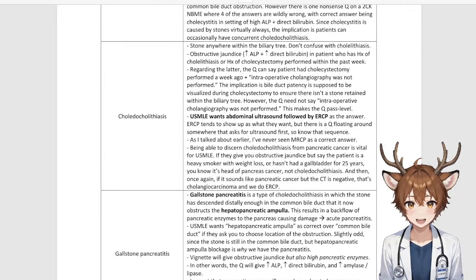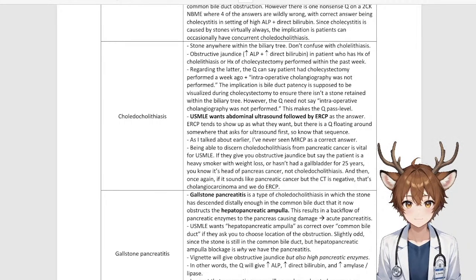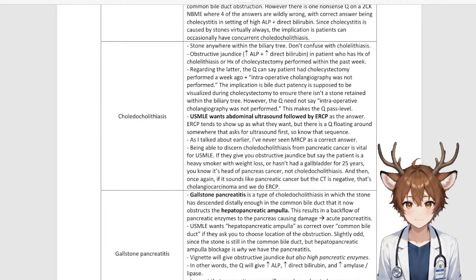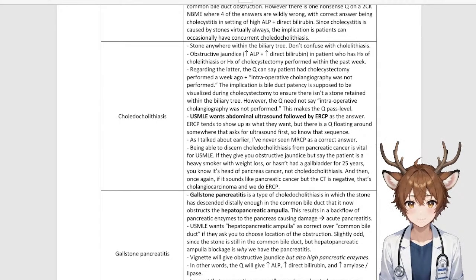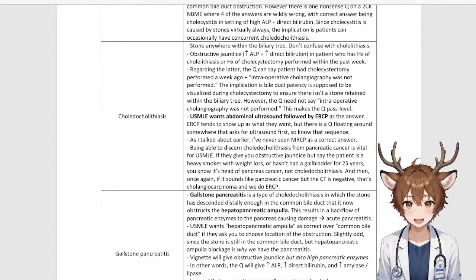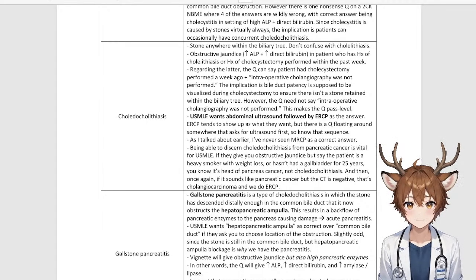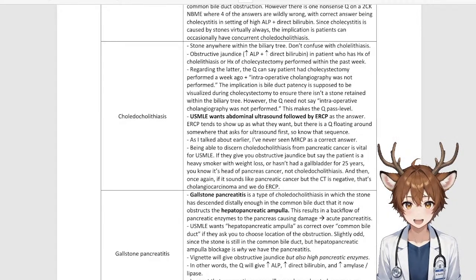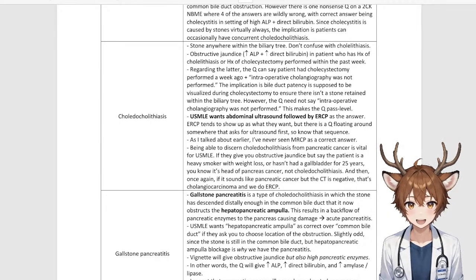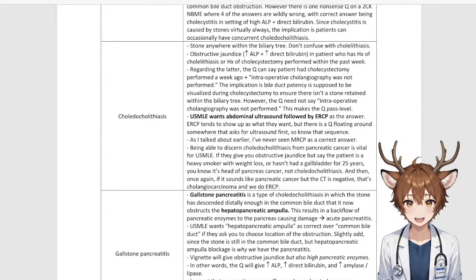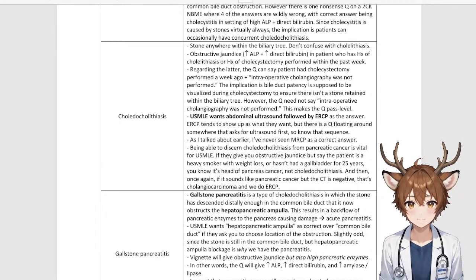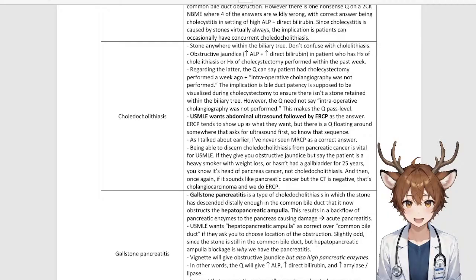The ERCP tends to show up as what they want, but there is a question floating around somewhere that asks for the ultrasound first, so know that sequence. As I talked about earlier, I've never seen MRCP as a correct answer. Being able to discern choledocholithiasis from pancreatic cancer is vital for USMLE. If they give you obstructive jaundice, but say that the patient is a heavy smoker with weight loss or hasn't had a gallbladder for 25 years, you know it's the head of the pancreas cancer, not